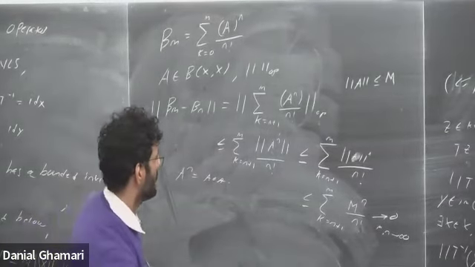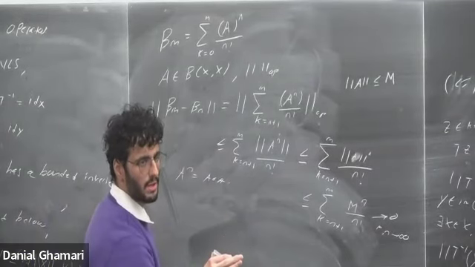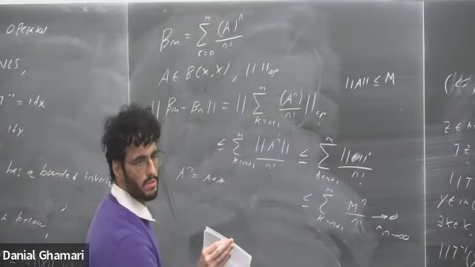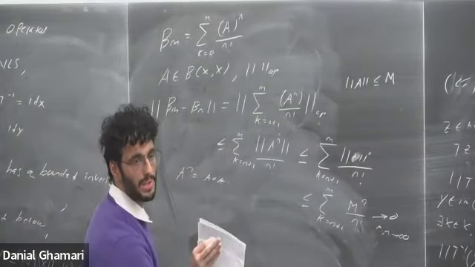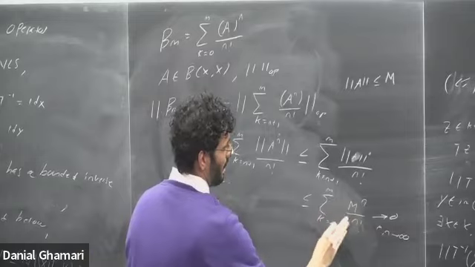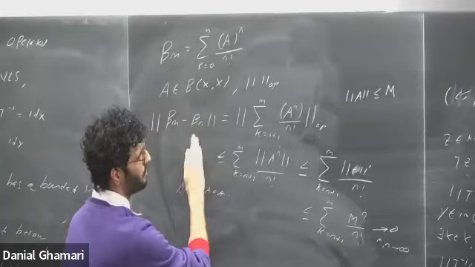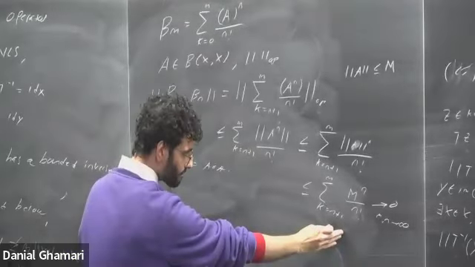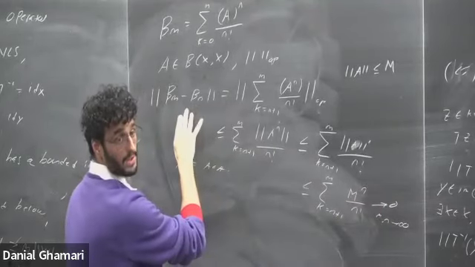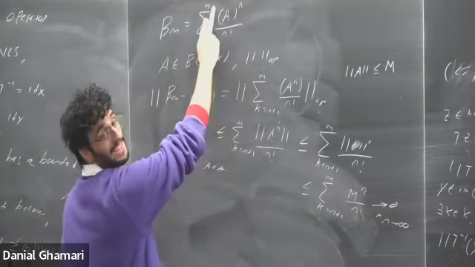So you guys remember the result that a space is Banach if and only if every absolutely convergent sequence converges, right? So what I have here is a Banach space, and this sequence is absolutely convergent. I have a Cauchy sequence that bounds this from above. So now I have that this is Cauchy because I live in a Banach space. That means this converges, so if I take the limit as n goes to infinity, this is well defined.